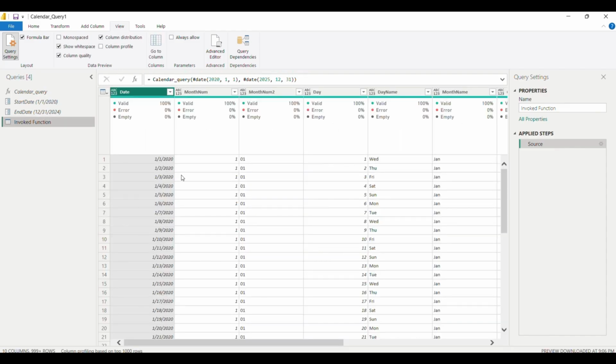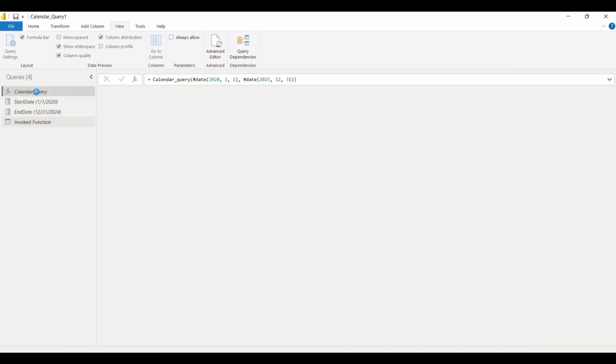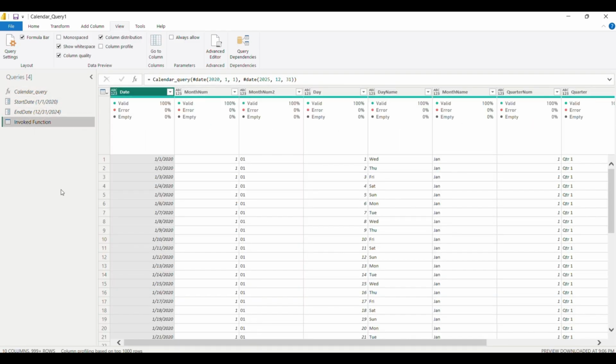So let's see, everything is great. So this is how we can add parameters and change our calendar as we want, which is actually cool.